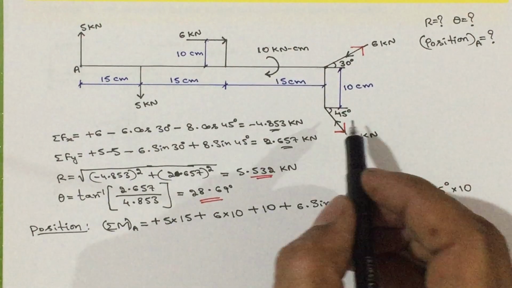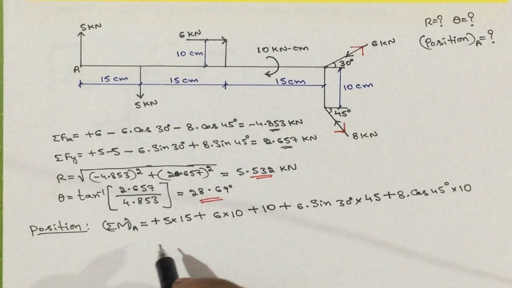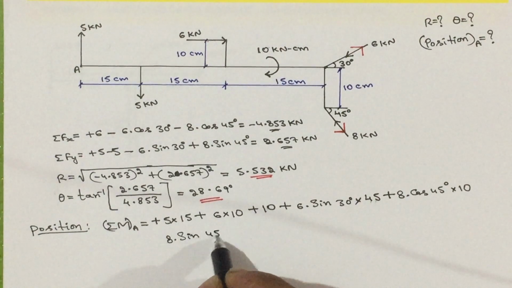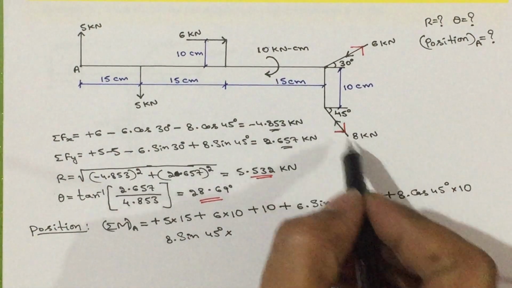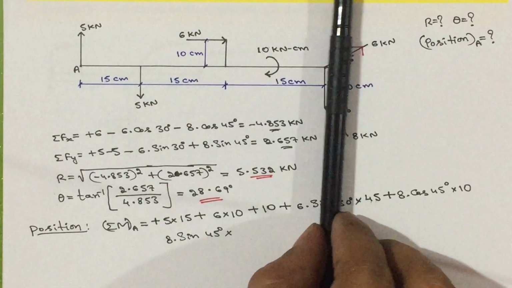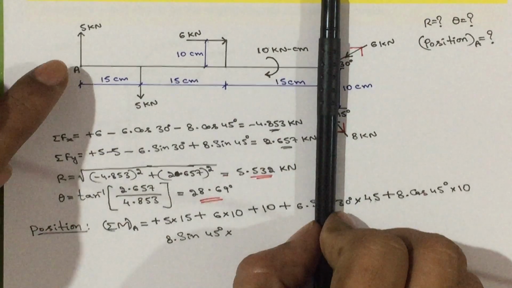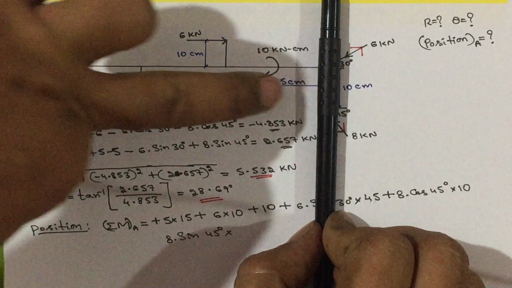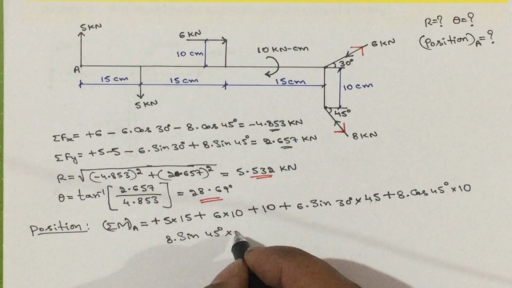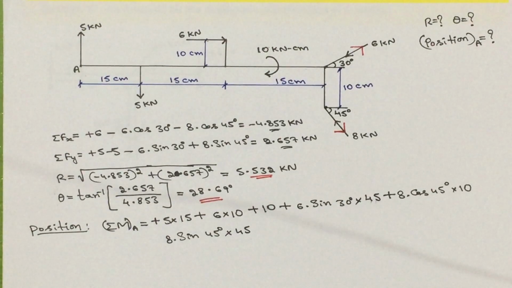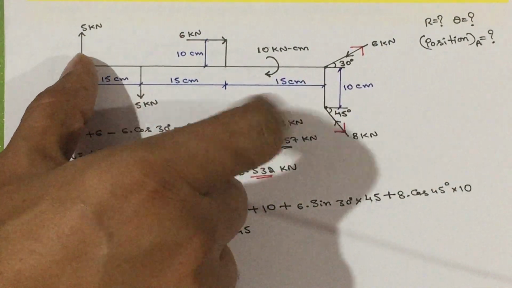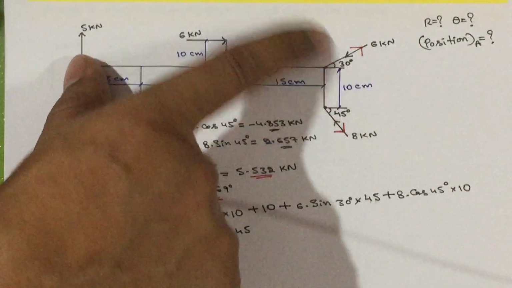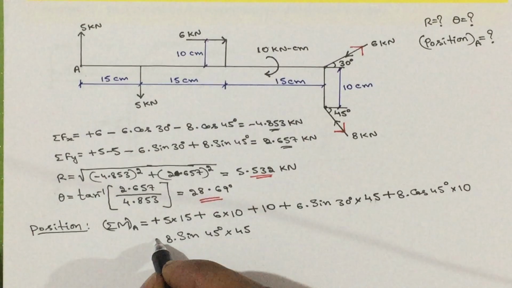Then next component is vertical component. The vertical component is F sin theta, that is 8 into sine of 45 degree into, this force is acting at this point, therefore the vertical component will act here. The perpendicular distance between this vertical component and the A point is 15 plus 15 plus 15, that is 45 centimeter. Then it is moving upward, so keep your thumb at the A point and rotate your forefinger in the direction of the force. It will rotate anti-clockwise, so it will become negative.